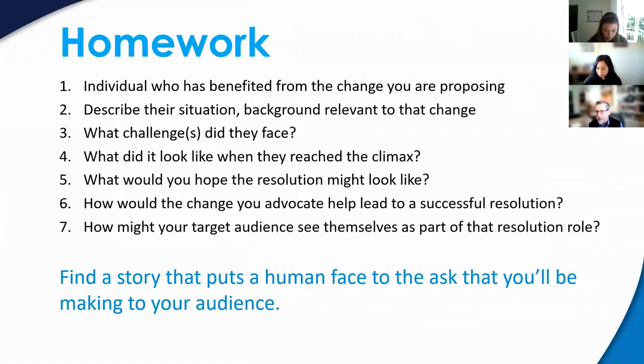And then Muriel and I would like to spend some time going through your worksheet to be able to provide some input so that when we get together at our next session, we can share each other's stories that have been refined at that point, and then talk about how you would actually use that story and execute that story. So we're going to put some time into working with each of you individually on refining this story.